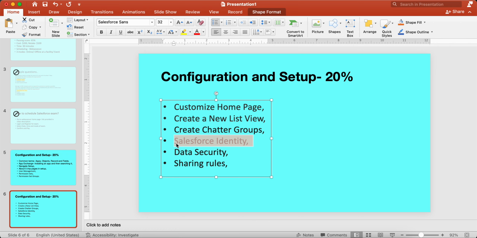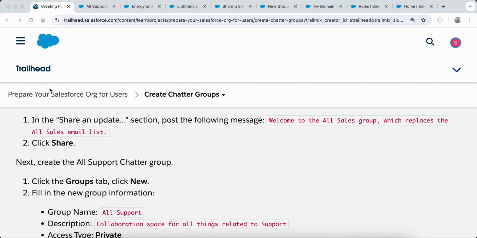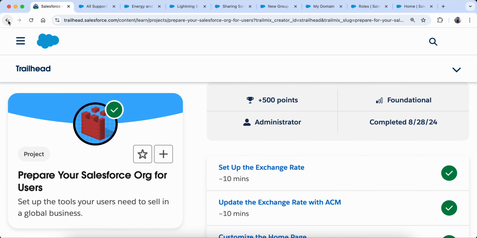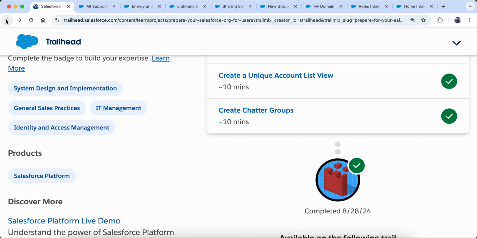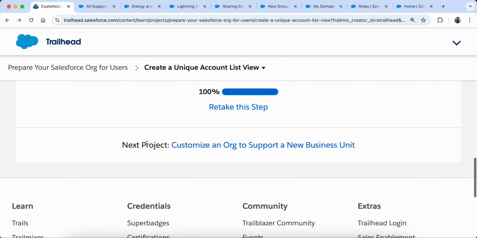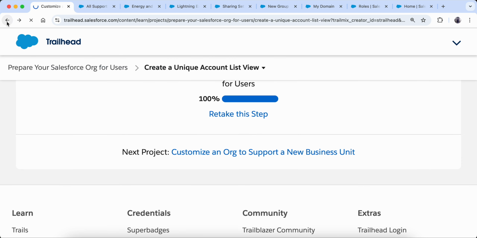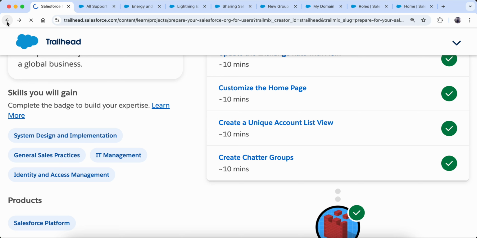I will explain it, but I would really suggest that you go to Trailhead only, and read everything that is there, so that you get a good understanding of what Salesforce Identity is, so that you can answer all the questions which are being asked. Okay, so for now, let's move on to Salesforce Identity.